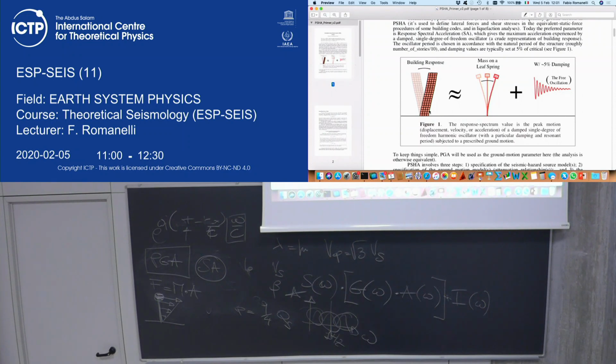Now, let's imagine to make a simplified model of a building. Could be a skyscraper, that's easy because it has one dimension in practice. So we know that if we take a skyscraper or something smaller according to the number of floors that you have there, you can imagine to synthesize it to a single degree of freedom system, like a pendulum, but reversed. It's the same, okay? I'm putting it here. Now let's imagine to fix it here, and I'm not that strong, but you can imagine to make it vibrate.